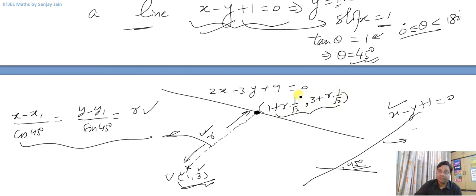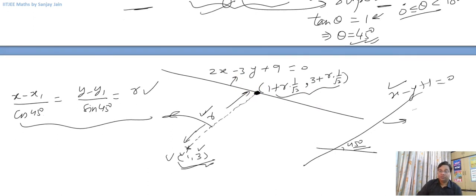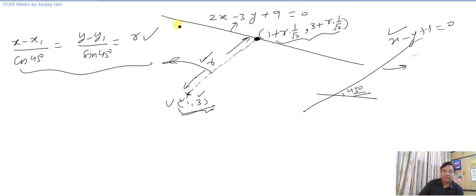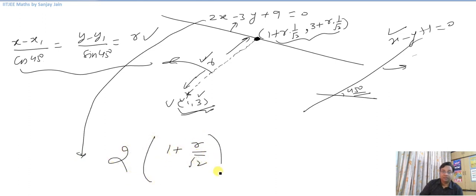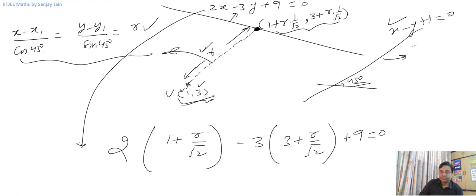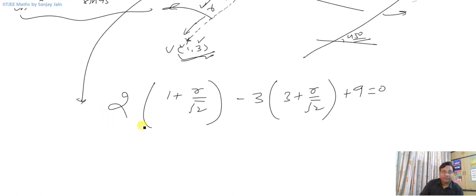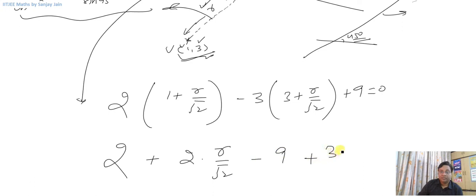Now that we know the coordinates of this point, we also know that this point lies on this line 2x minus 3y plus 9. So this point should satisfy this line. Let me put the x and y coordinates in this line and satisfy it. 2 into (1 plus r by root 2) minus 3 into (3 plus r by root 2) plus 9 is equal to 0. Right? Now see, if I simplify it further, it will be 2 plus 2r by root 2 minus 9 minus